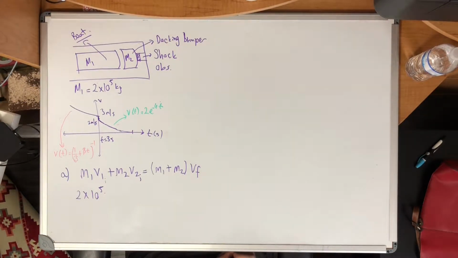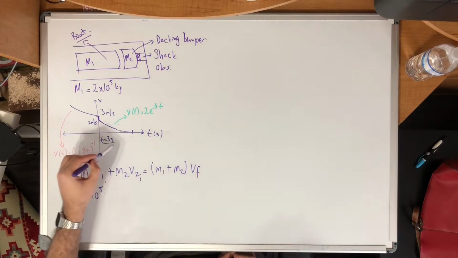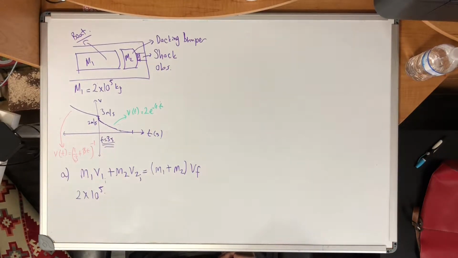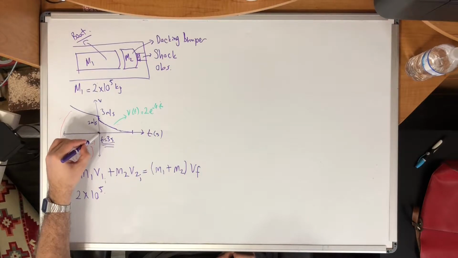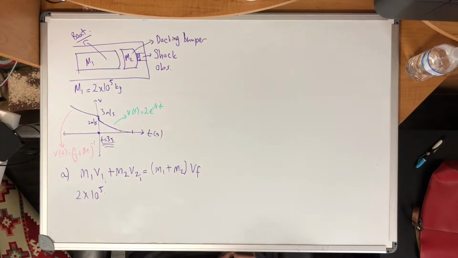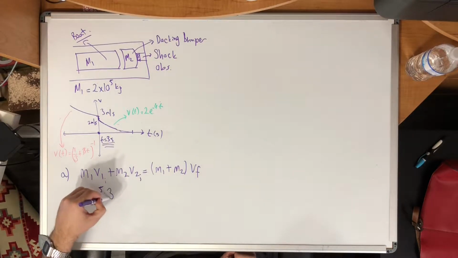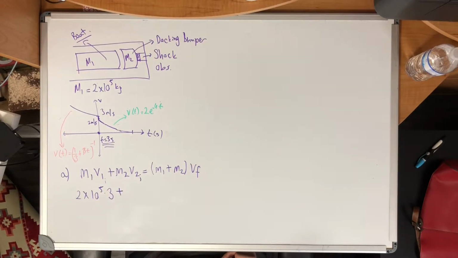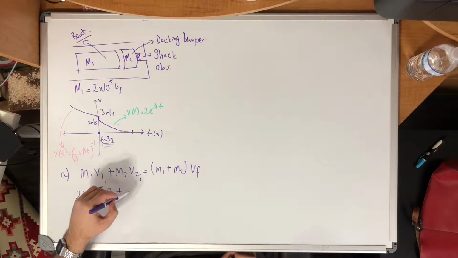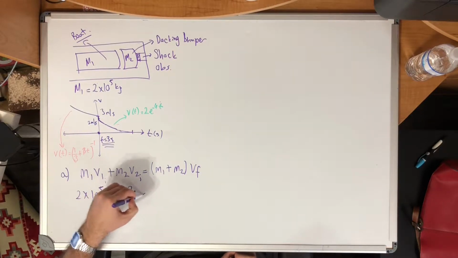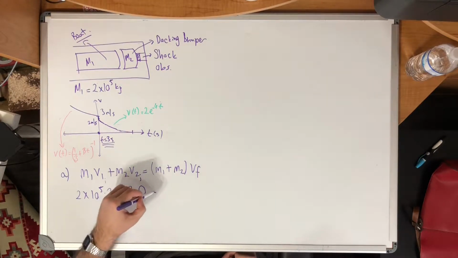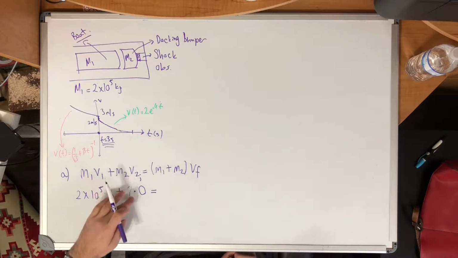Initially, it tells you in the question when t equals 3, which is kind of confusing, but this point is the t equals 3 seconds point, it's not a 0 point. So when t equals 3, the boat has 3 meters per second velocity. So times 3, plus m2, the docking bumper, which is at rest at the beginning, and we do not know what that mass is, but it's not important, times 0. Actually, let's put m2